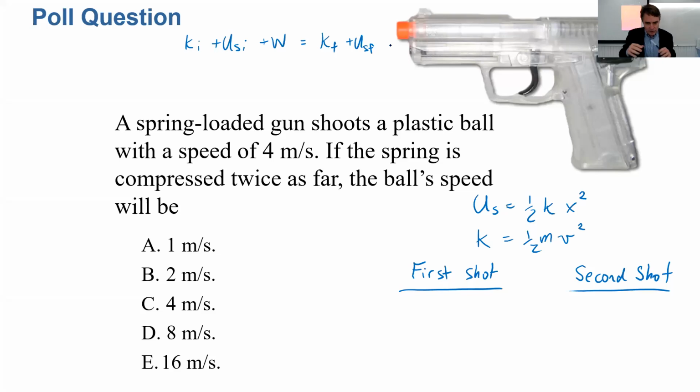Okay, let's discuss this. It's been about half and half of either D or E. I think we all believe that the ball will come out faster. The question is, is it going to be twice as fast or 4 times as fast? Let's share the results. The winner here, 146 of you voted for 8 meters per second, and 145 of you voted for 16 meters per second. So this was a really close one.